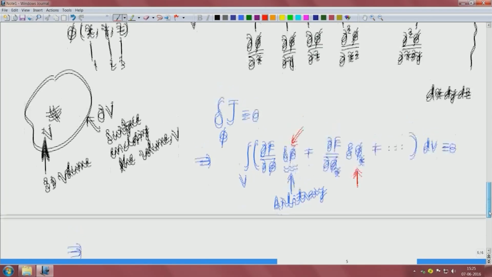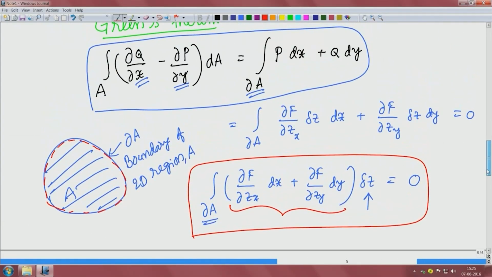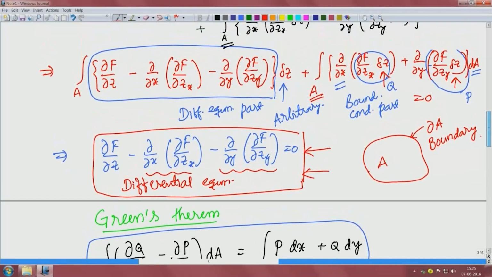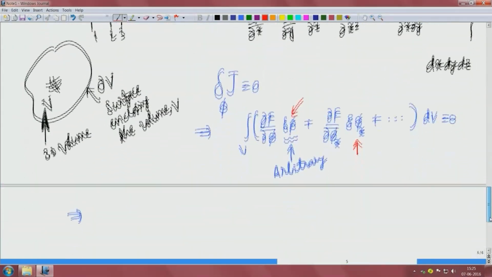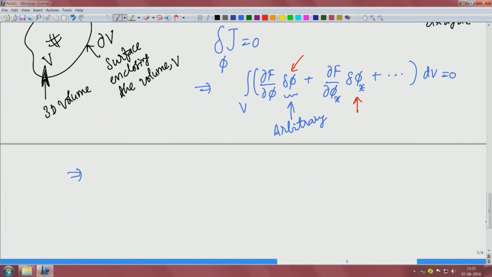Recalling again 2D, where we get something like this, we have to use Green's theorem. In the case of 3 dimensions, we have to use the Gauss divergence theorem, that is the integration by parts equivalent in 3 dimensions,